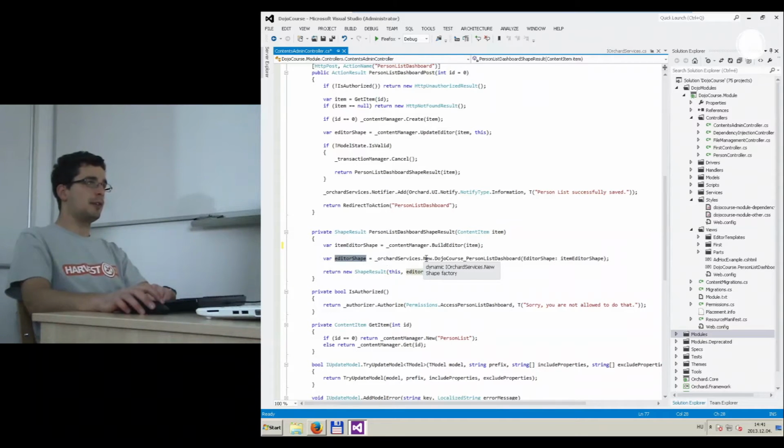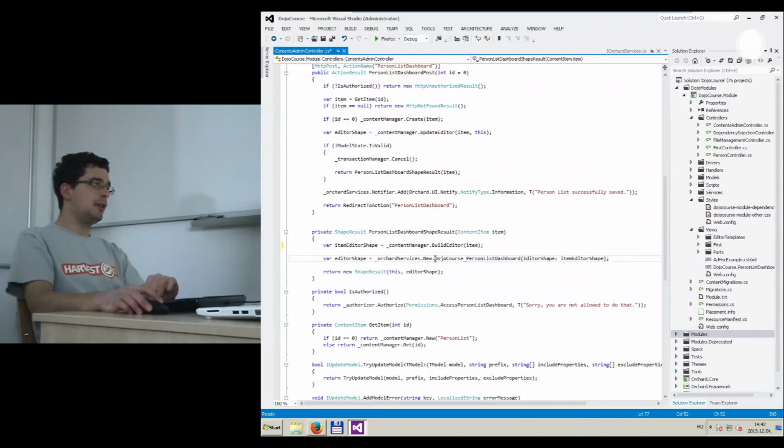This is a service inside Orchard. You can access it, among others, from orchardservices.new. And this is a dynamic object, so it's quite funny how you use it. But to create an ad hoc shape that has a template somewhere, or not necessarily has, but most possibly has a template somewhere in the system, you use this new, and then like a method call, you supply a shape